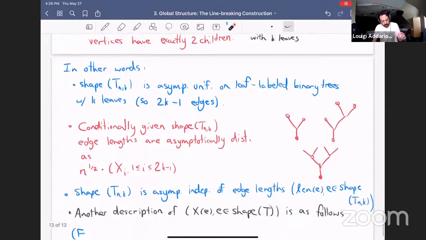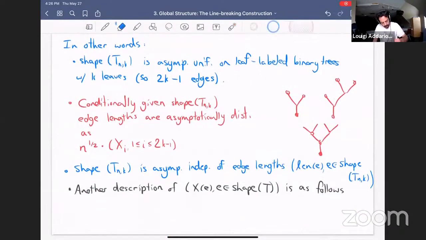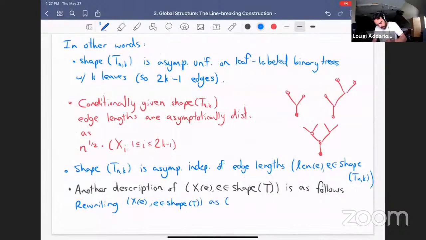Okay, so rewriting: if we rewrite this vector x_e as xi_i from 1 up to 2k minus 1, then